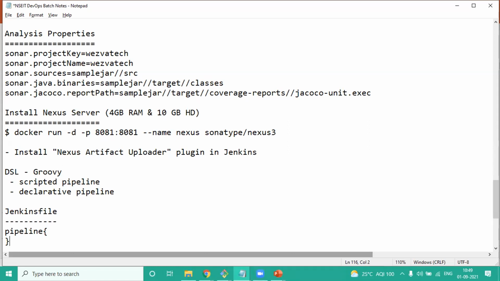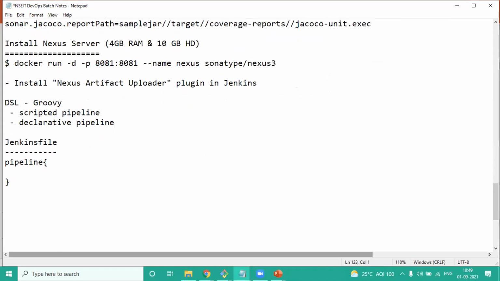Now within that, we are going to have various other blocks. Okay, now when you're defining a pipeline, within a pipeline, each set of activity that you want to perform on a particular machine is what we call a stage. In fact, we have to start considering it like this. Instead of having several jobs put together to achieve one workflow, you can use one Jenkinsfile, which is the equivalent of multiple freestyle jobs. So in that way,